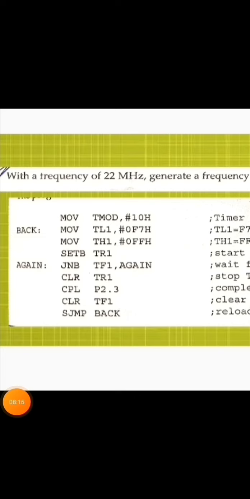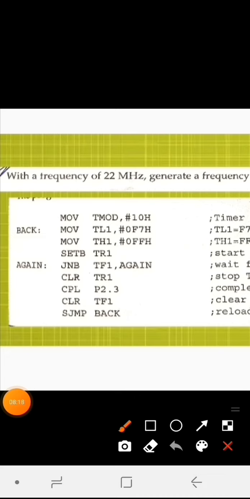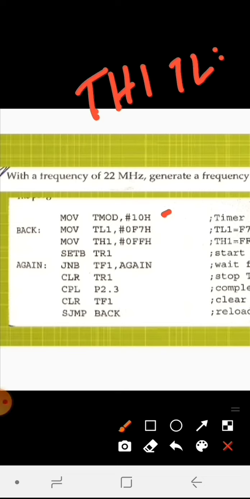You can see here now we are using timer 1 and mode 1. The initial value calculation I just showed. Since we are using timer 1, the registers we will be using are TH1 and TL1. So TH1 will be loaded with FF and TL1 will be loaded with F7, and we say set TR1, nothing but starting your timer.